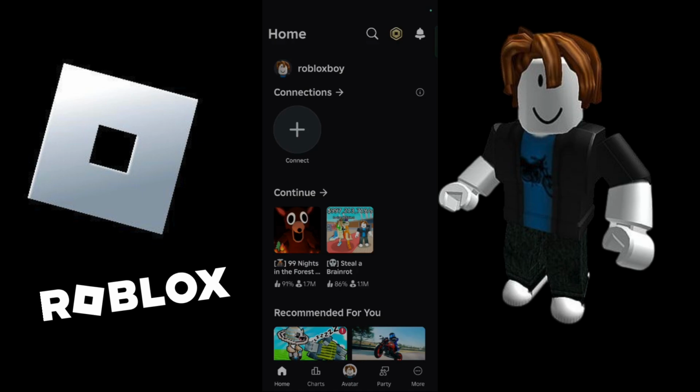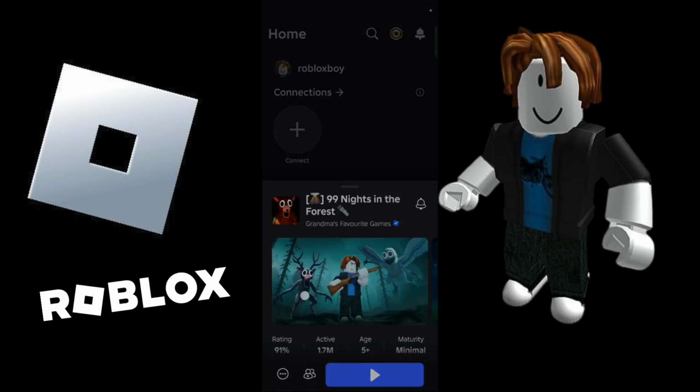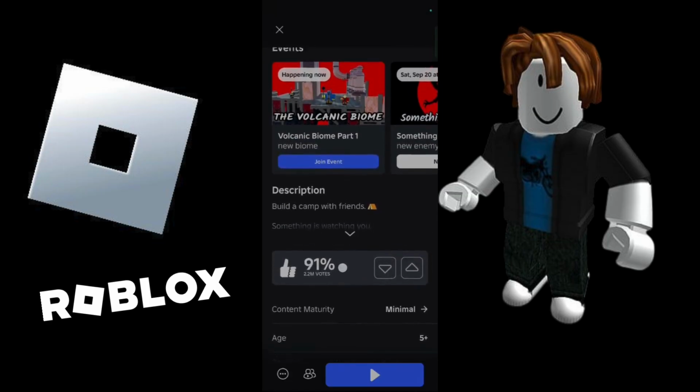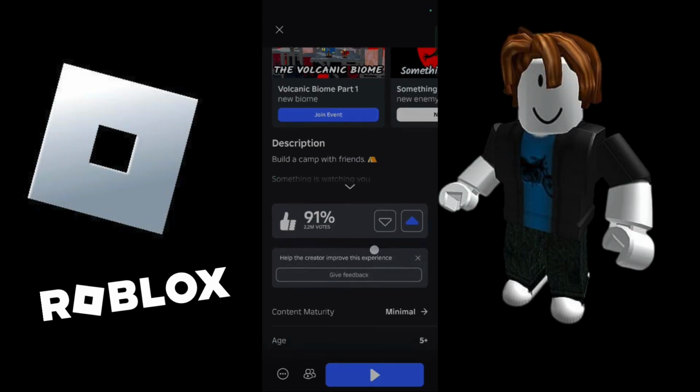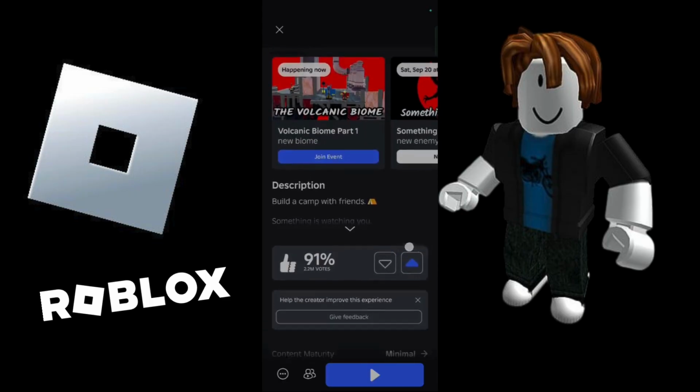So once these two prerequisites have been done, you can simply open up the game, and once it opens up like this, you will have this particular toggle from where you can like or dislike it. So in order to like this game, you can click onto this right upwards arrow, and you can see this will give you a message that says help the creator improve this experience. So if you want, you can give your feedback as well, but for now you have successfully liked this